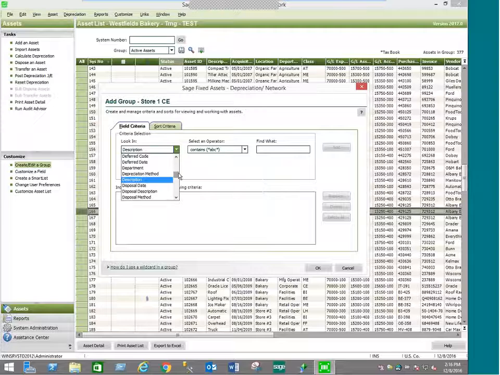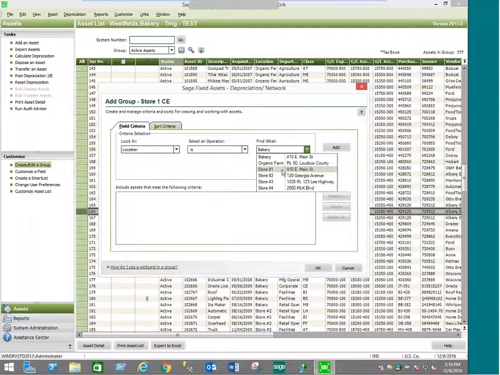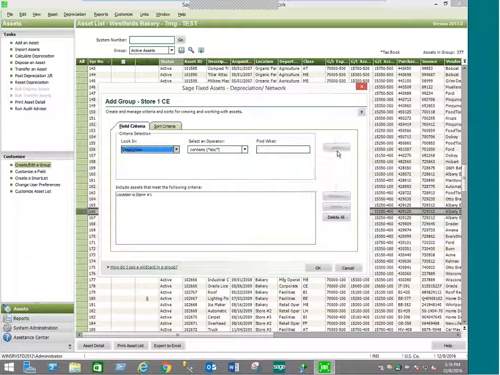So now I'm going to actually put a couple of different operators in there to fine-tune my filters. I'm going to go my location is, and I'm going to select store number one, going to add that, but I'm going to additionally now add class because I want to go with a certain class of equipment. I want to select all of my computer equipment. So I'm going to change the operator to is, but if you notice what some of the other operators are,